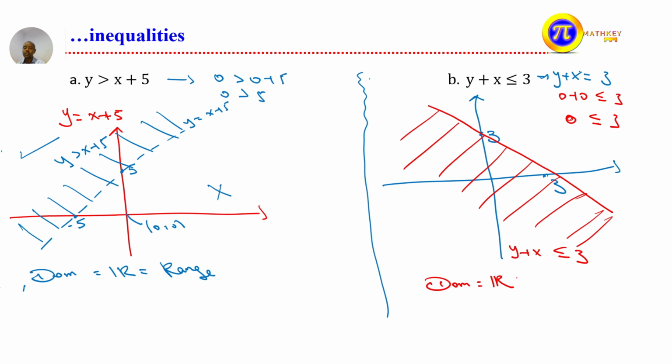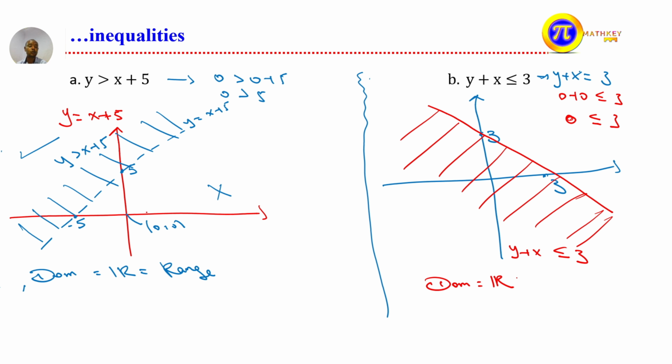This is equals what? The range of what? Our region, which is y plus x less than or equals 3. So we can solve problems or sketch the graph of such inequalities. From this inequality, we can identify the values of x and y that satisfy the given inequality